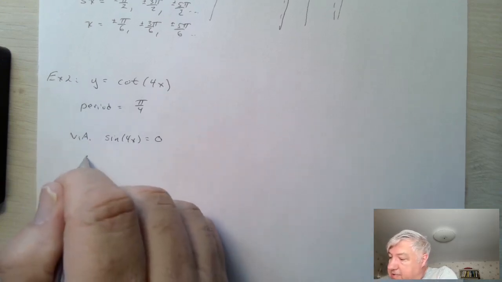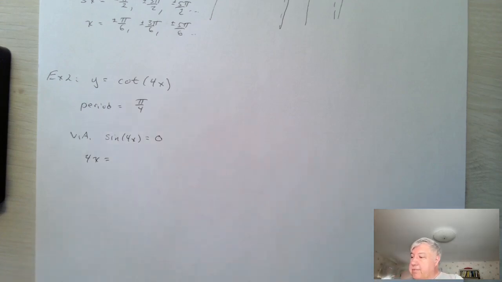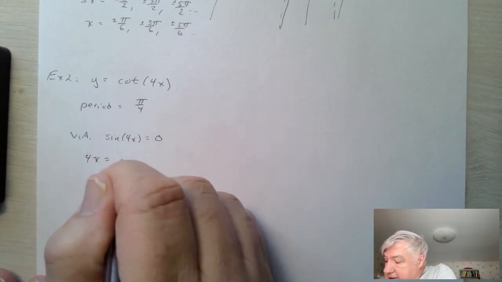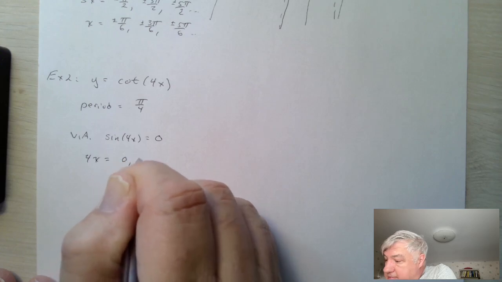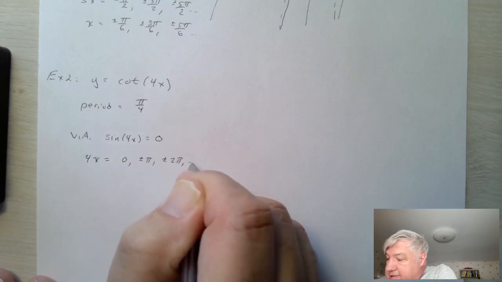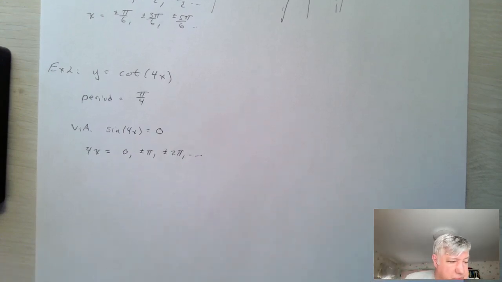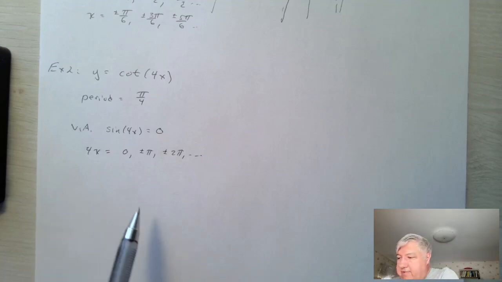So that means that 4x is going to be 0, plus or minus pi, plus or minus 2 pi, and so on. So if you divide by 4,